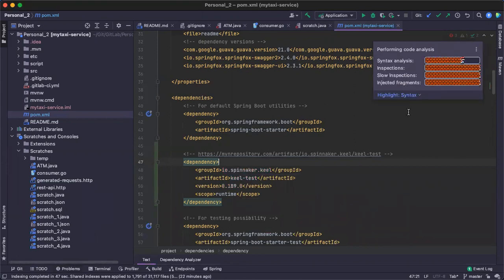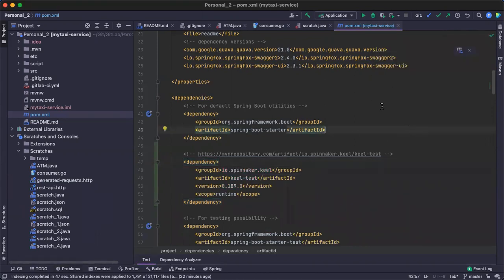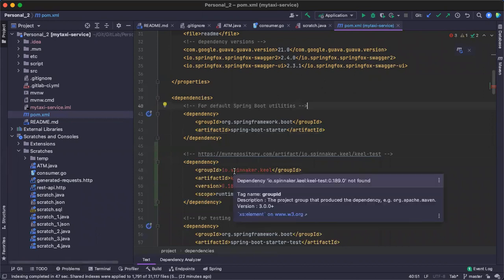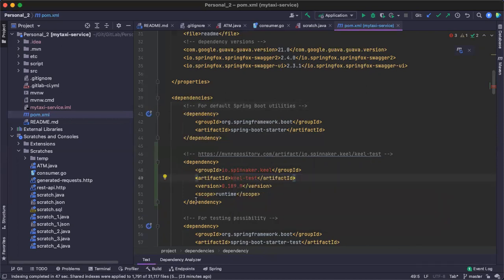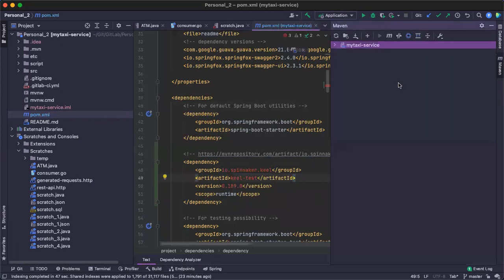Okay, then this means that it is using a local repository only, right? Yeah. Now, if you see, it's automatically synced. I didn't do anything. I just waited for some time. Okay, I'll open the problems again. So the dependency is not found. What the inspection will usually do is show the option to install this plugin. Let me see why it is not coming. I'm just refreshing this one.